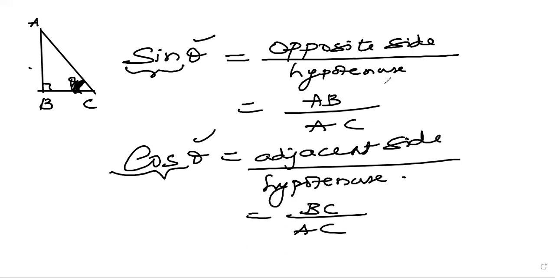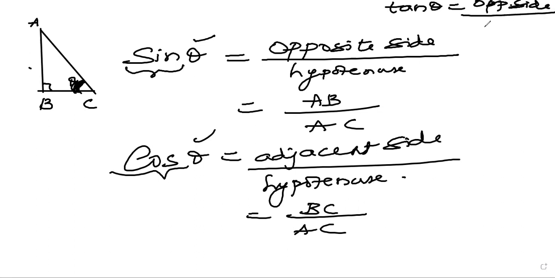Are you getting me? Any of the trigonometrical ratios you want to use, you should know the acute angle we are talking about, so that the name of that angle or measure of that angle should follow the trigonometrical ratio, like sine theta, cos theta, tan theta, cosec theta, sec theta and cot theta. Okay, so let's try to understand, children. Now sine theta and cos theta I helped you with. In the same way, suppose you want tan theta, tan theta is opposite side upon